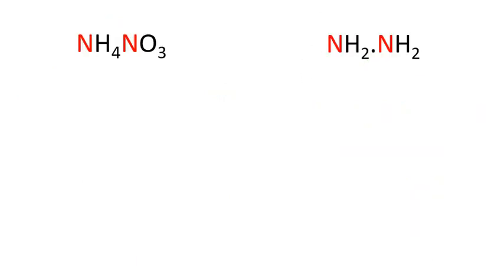You can see here we have the next compounds. Both are neutral compounds. It is NH4NO3 and NH2NH2. You can see in the first compound two nitrogens are there, and for each nitrogen we have to calculate the oxidation number. Remember, each nitrogen is in a different environment, that's why each nitrogen will show a different oxidation number. This nitrogen has 4 hydrogen and this nitrogen is attached to 3 oxygen, that's why their oxidation numbers may be different.